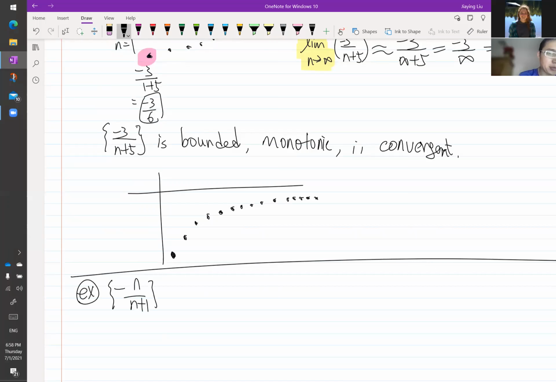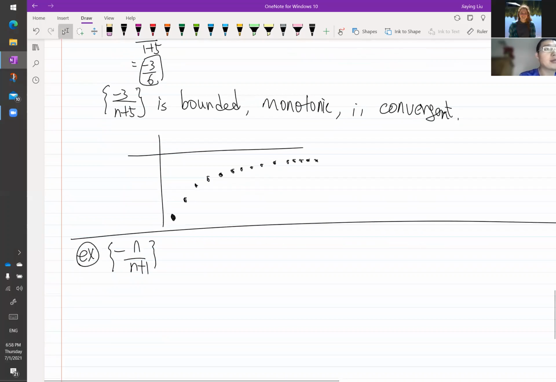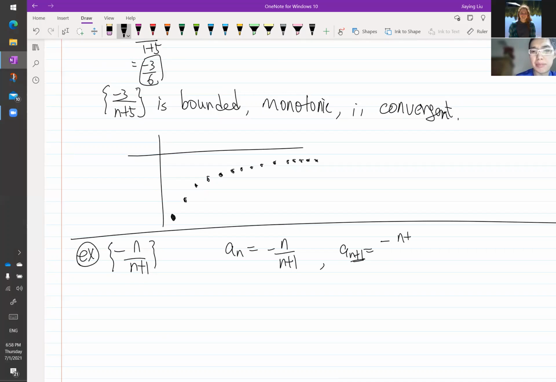(-n/n+1), the sequence. Well, the first thing I'm going to do is figure out whether it's monotonic or not, whether it's increasing or decreasing. So I'm going to write down a_n on the side, which is (-n/n+1). And then a_{n+1}: just n+1, where n is replaced by n+1. So that's (-n+1) divided by,